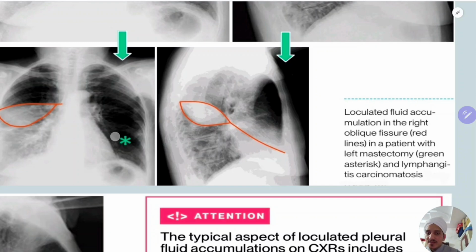Green asterisk, this one. So this is a left mastectomy, for carcinoma. That means the patient had breast carcinoma of the left side, and that is removed. That's why you are not seeing any left breast shadow, but you are able to make out this part of the lung is